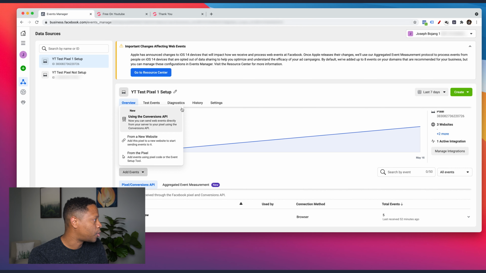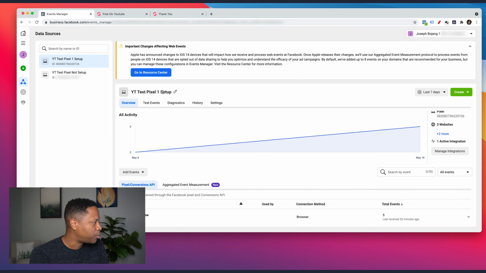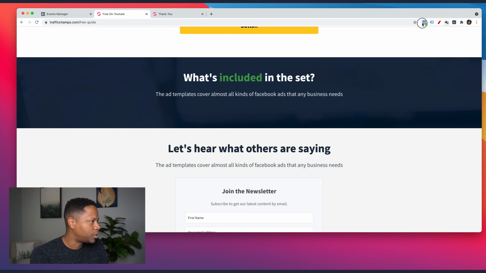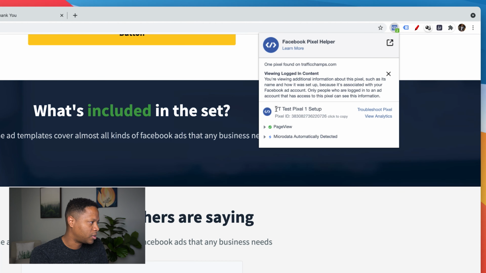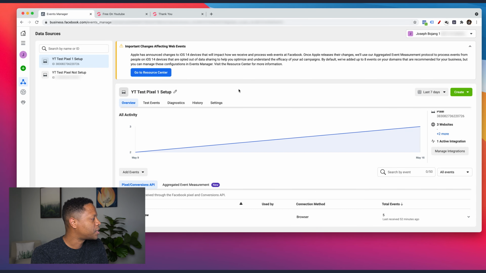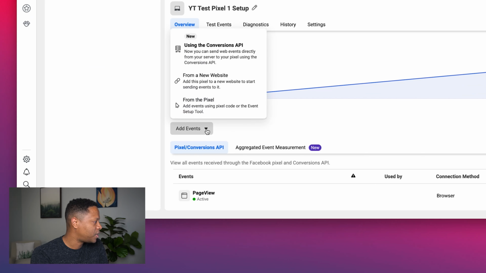So what we do is go back here. You can see I'm in data sources. I'm on the correct pixel that's on my website, which is right here. This is the pixel, so everyone can see this pixel ID. It's not something super secretive. So once we see that, I'm just going to go to Add Events and I'm going to click from the